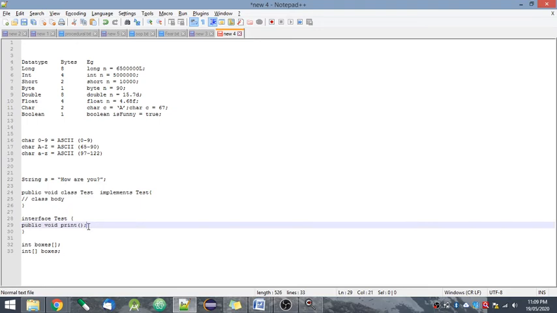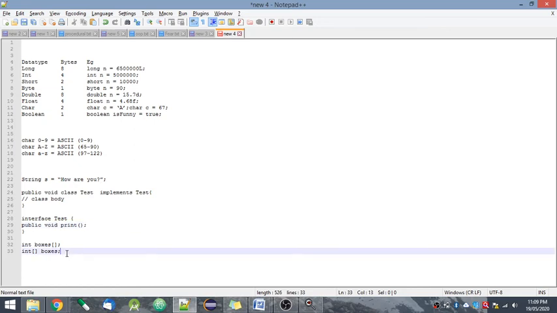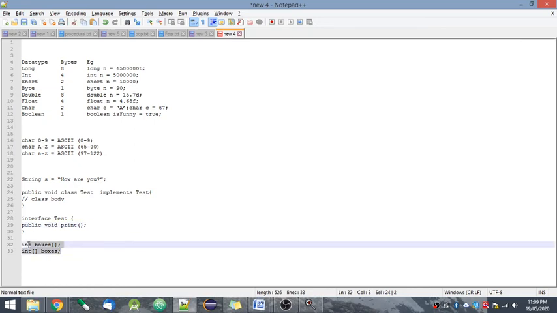Now the fourth non-primitive data type is arrays. An array is basically an object of fixed length which can store similar type of elements, that is, similar data type. You can create an array of integer, float, character, or double.